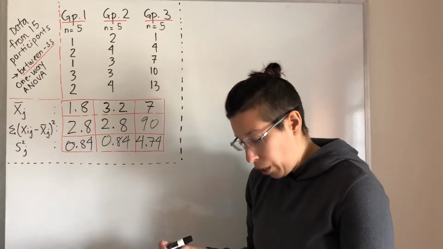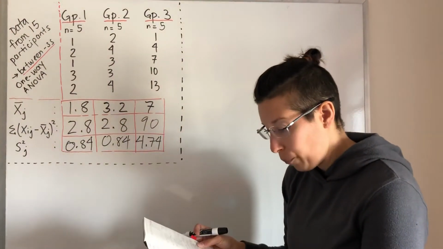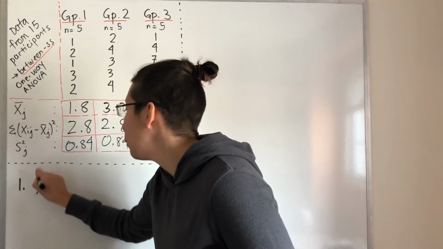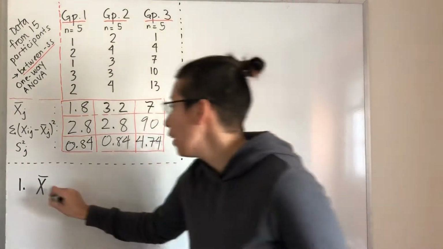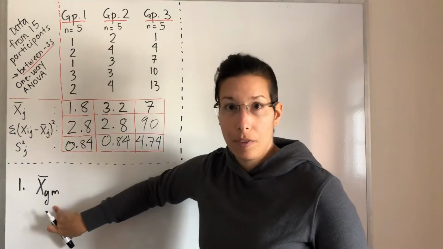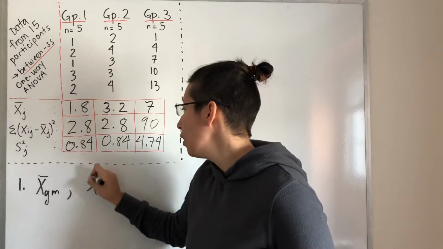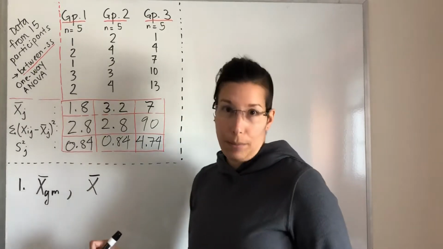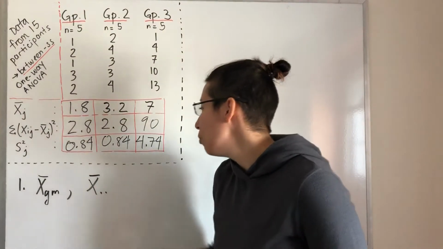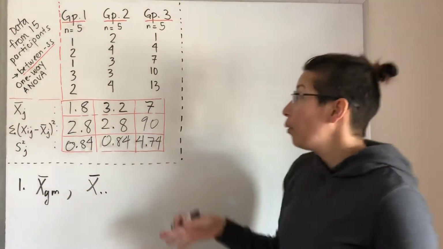But now we want to compute the one-way ANOVA before everyone gets super impatient. So the first thing we're going to do is compute the grand mean. You might see it denoted by x bar with GM for grand mean at the bottom, or the more traditional one, by traditional I mean I also like it, which is just an x with two dots at the bottom. So the way that you would do that